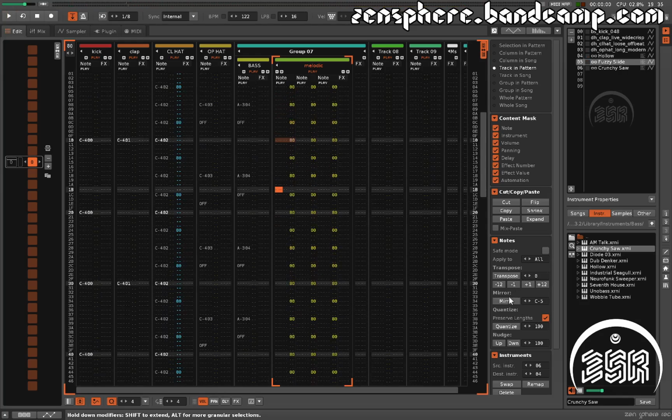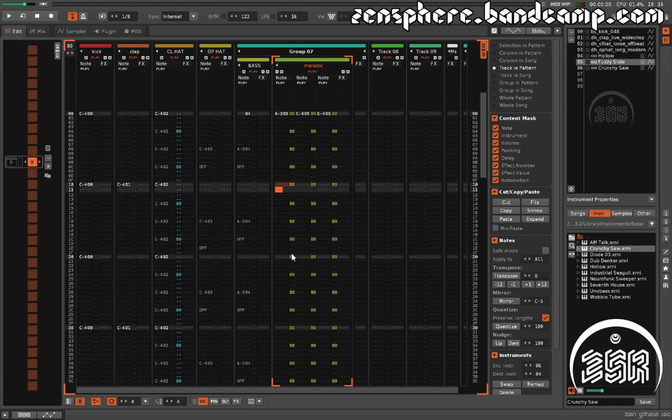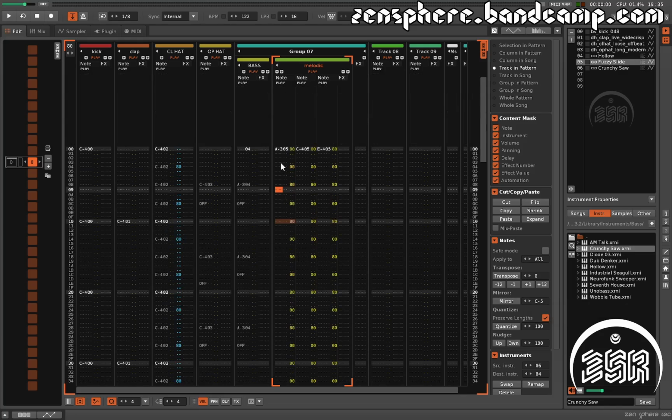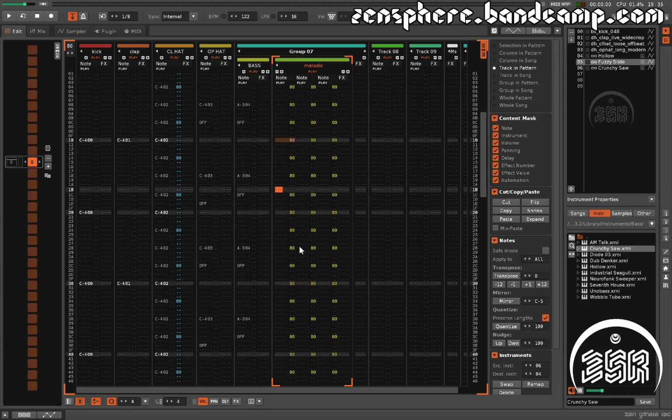Mirror is kind of cool. It just basically rotates, or reflects, all the note data around a central axis. And you can choose the central axis here. So what do we got here? We got A, C4, E5. So if we choose A3 here,